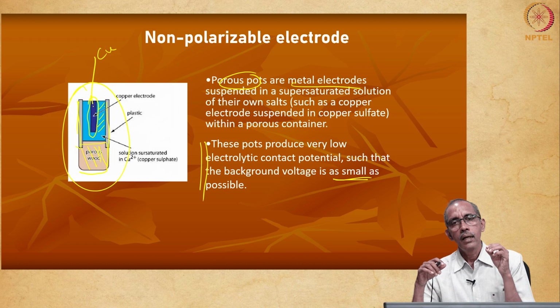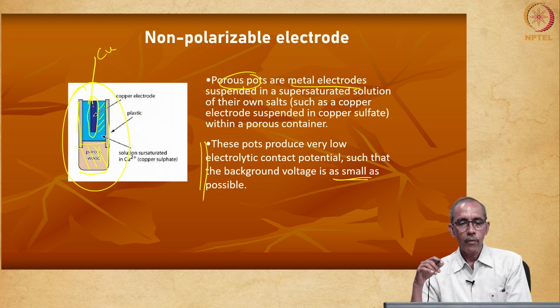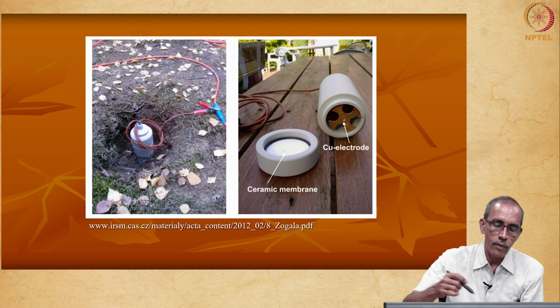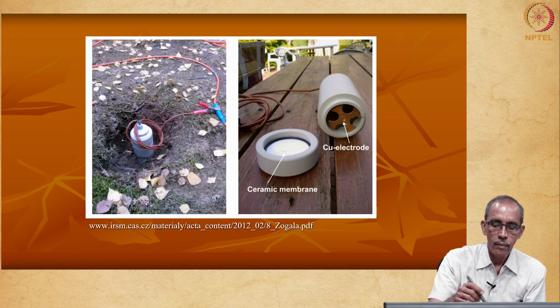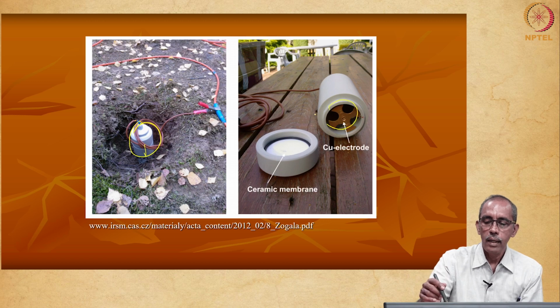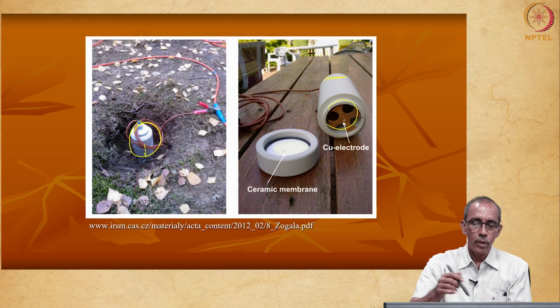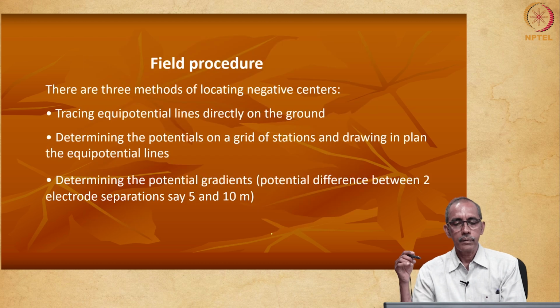This is the major difference from that of the electrical resistivity method. Now, how are we going to carry out the survey? Here are some pictures showing the non-polarizable electrode. These are all the porous parts which you can see. And we'll have at the bottom again a non-conductor, maybe rubber or wood. So, this is the picture of a non-polarizable electrode.